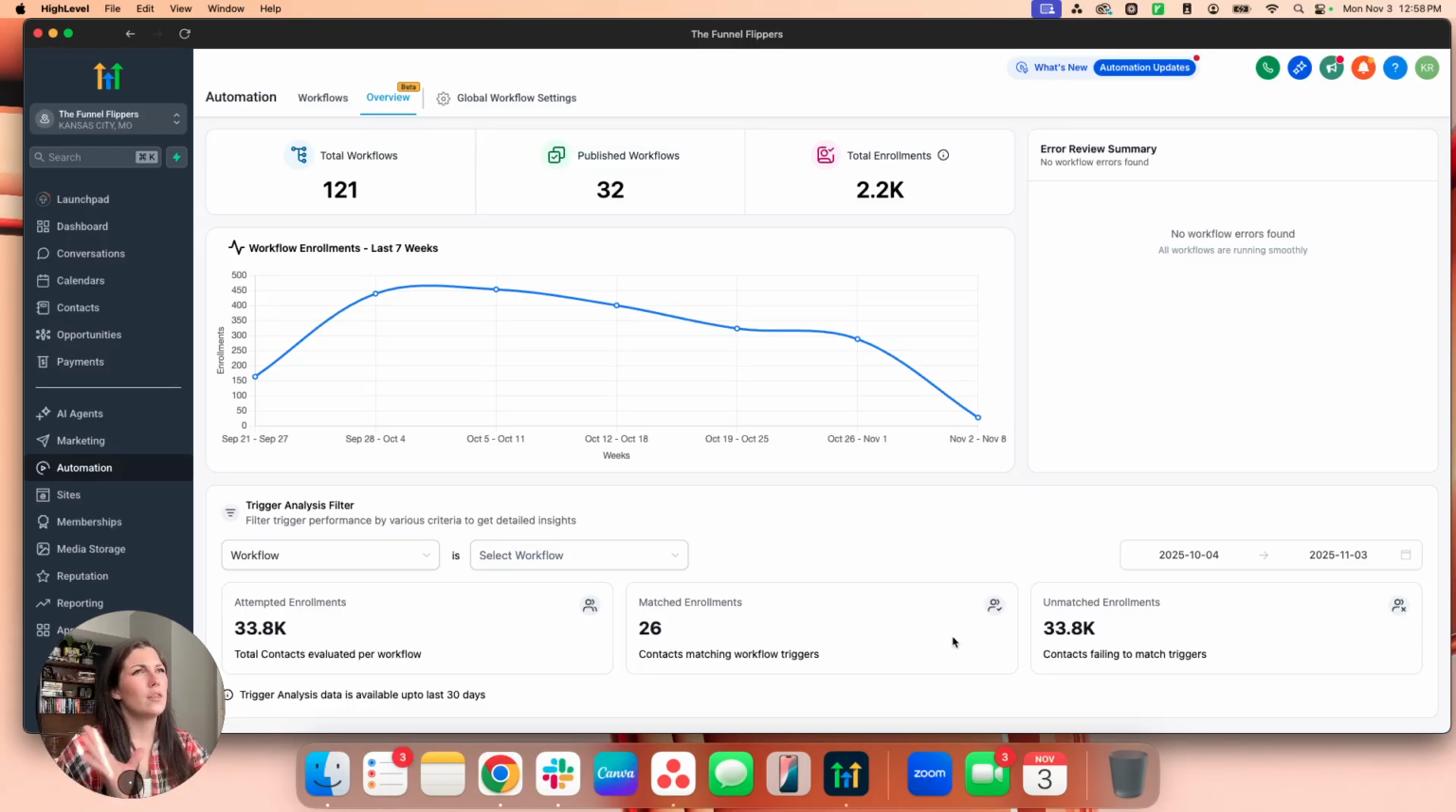So overall, the workflow overview is going to be super helpful just to be able to ensure things are running smoothly and really allowing us to nail down how people are coming in and what are most reliable and